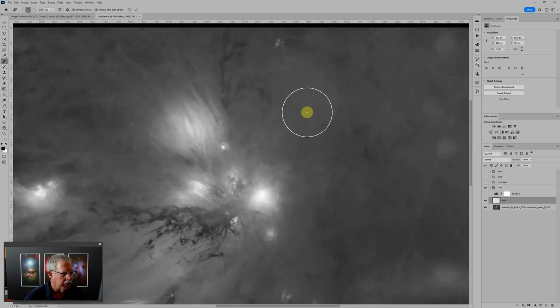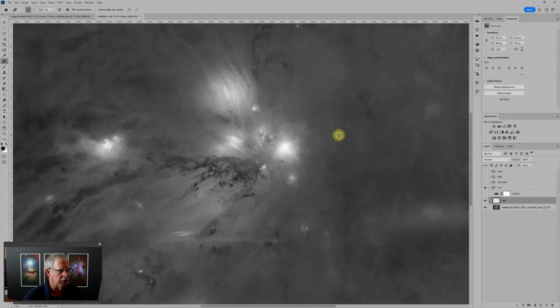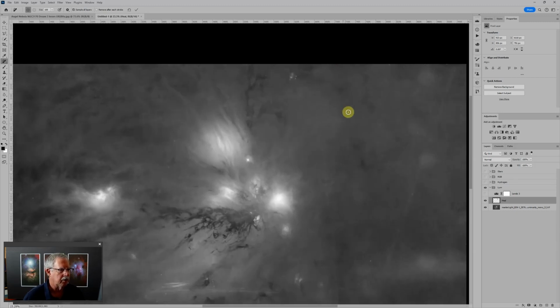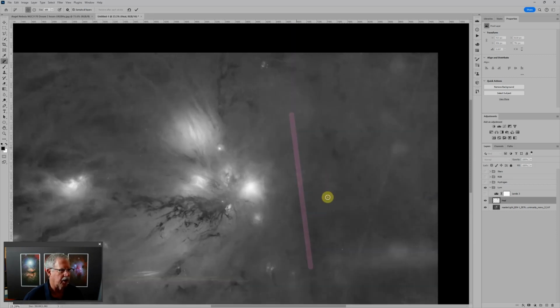Now we've got a satellite trail through here, and now we are going to unclick the remove after each stroke, because what that lets us do, I just used the left bracket key to make the brush smaller. What it lets me do is click at one end of where I want to operate and then move to the other end and hold the shift key and shift click, and you can see it draws a line connecting those two. And in fact, if I wanted to do more in one operation, I could come up here and click, come down here, shift click,